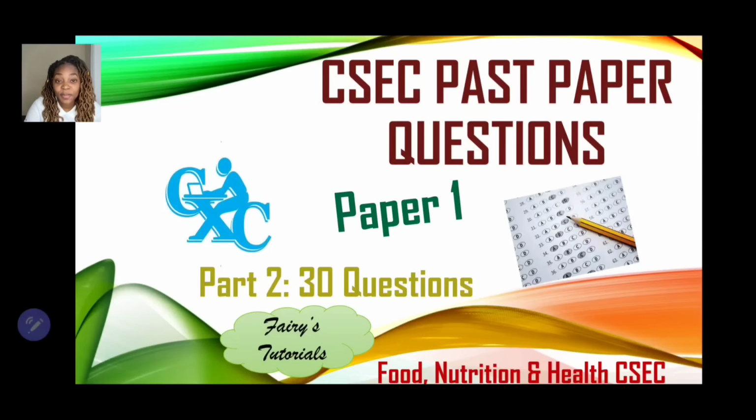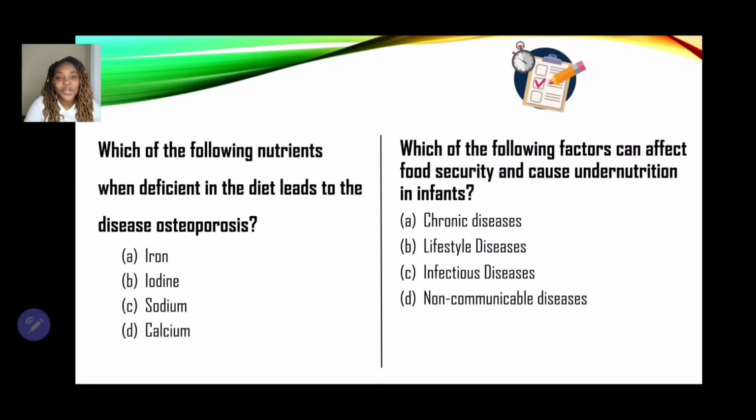CSEC past paper questions for paper 1, and this is part 2 where we're looking at another 30 multiple choice questions. Let's get started. Now, number 1, which of the following nutrients when deficient in the diet leads to the